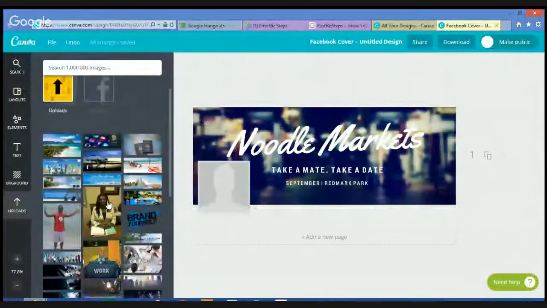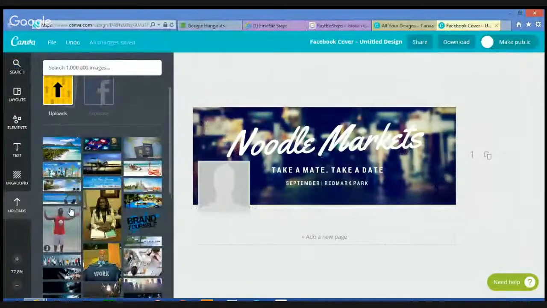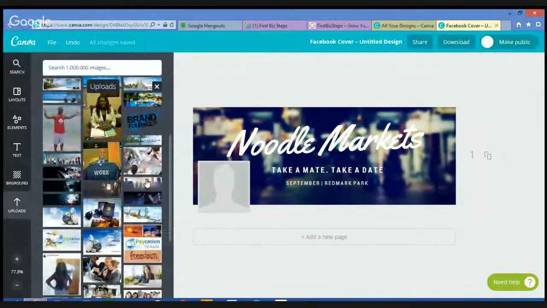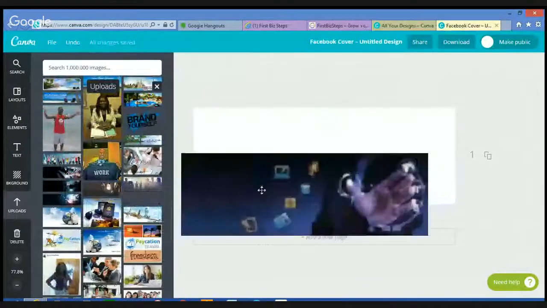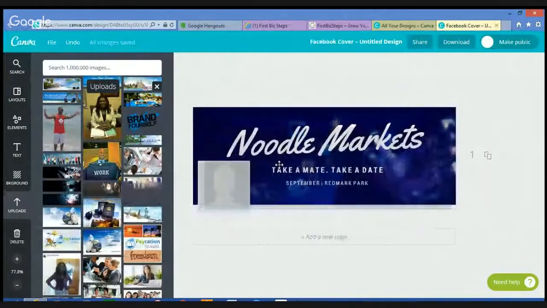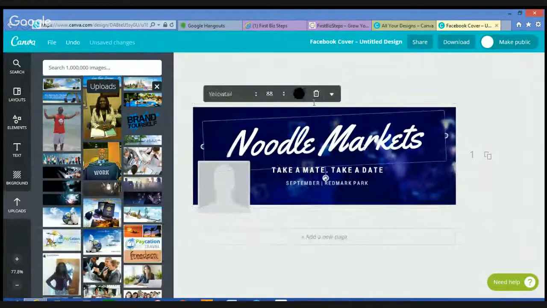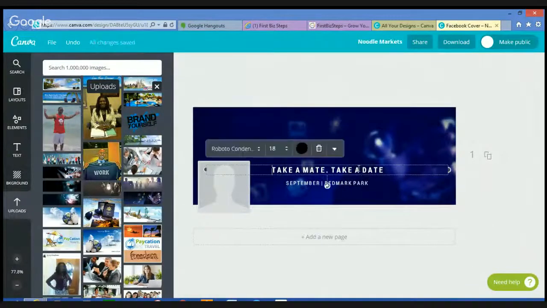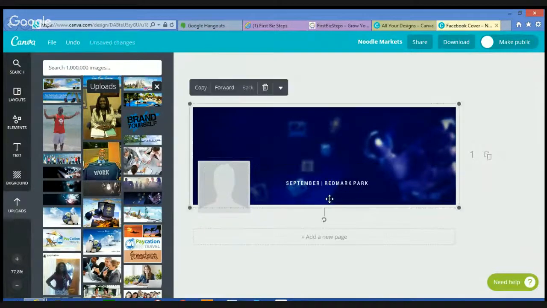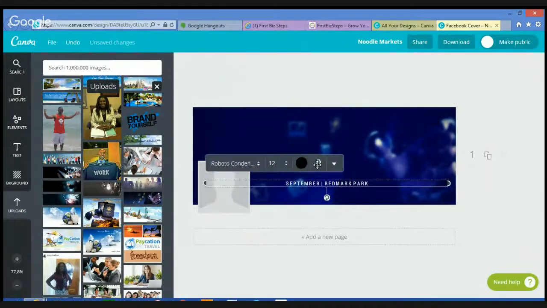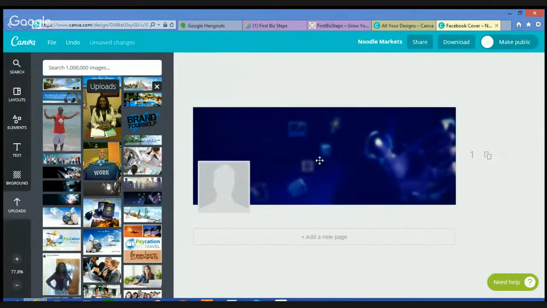So the next thing, guys, what you want to do, we selected our background. So I'm going to come down, I'm going to just choose one. Left click, I'm gonna drag it over here, and you see how it puts it right in the background. Boom, now it's in the background. So now all I want to do is take this text off. Now when I'm looking at this, I'm already looking at it like, you know what, I cannot see my picture like I want it